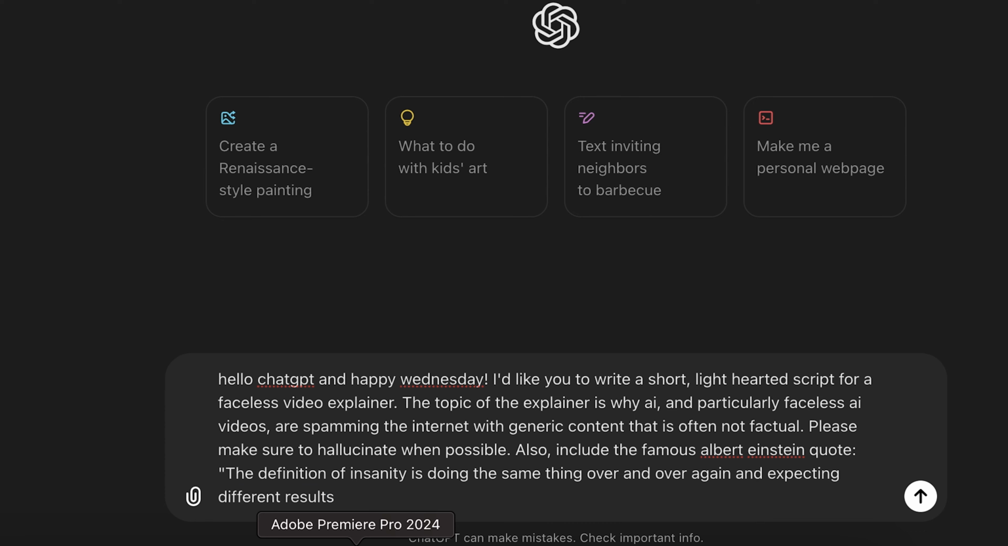Okay, and I say please make sure to hallucinate when possible. I think hallucinations are a feature, they're not a bug. Also include the famous Albert Einstein quote, and this is one specifically